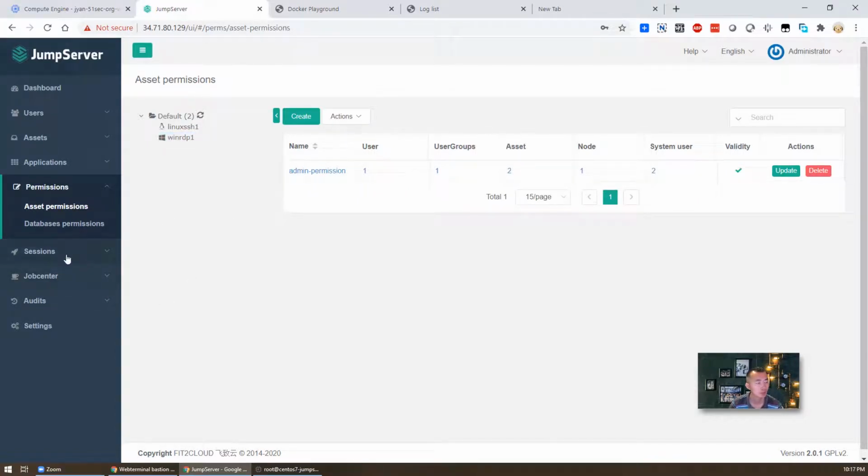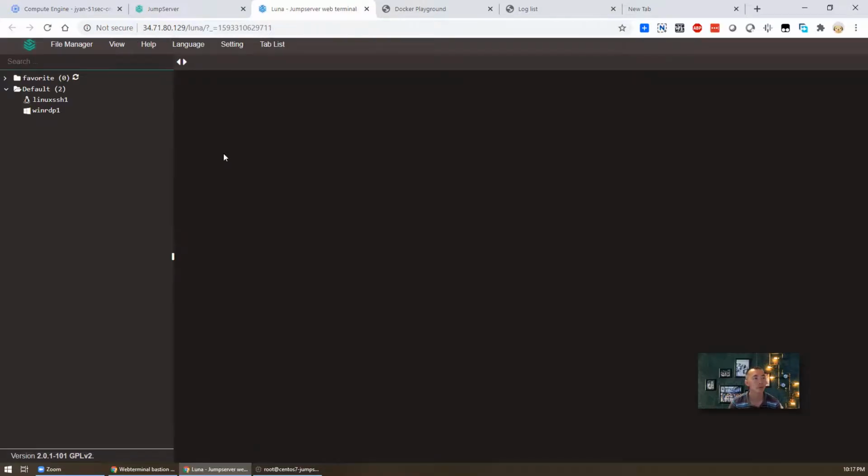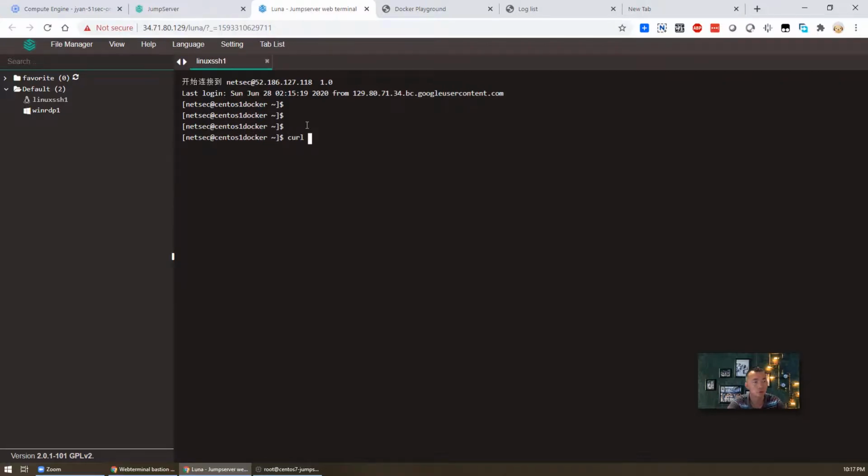Now we need to go to our job center. Now sessions. We go to Webterminal. So we launched our Webterminal page. From here we can see we have two servers under the default group. One server is a Linux server, one is Windows server. So if we click Linux SSH server, it should be able to automatically connect to it through the web SSH session. As you can see from here, we already logged in,